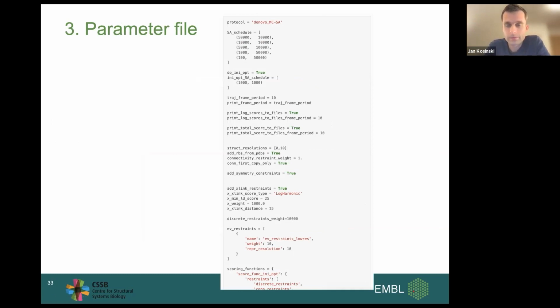The second file for assembly is a parameter file, which is a very basic Python file, which just lists some parameters, like here, for instance, how often the frames of the trajectory should be saved, what kind of representation you want to use, like here it's atomic plus 10 residue per bead, and some other options which I again explained in the manual. So it's a relatively simple file, but it's in Python. So sometimes when you want to add something more advanced, actually modify the behavior of the program, you can do it in this file.